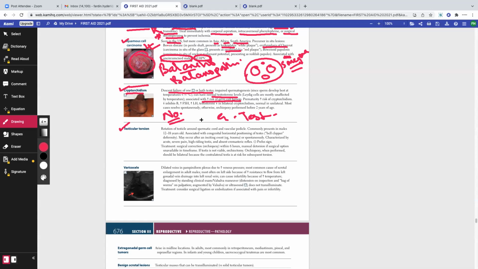Oh, another high yield question. If there's a newborn baby with cryptorchidism, do you do surgical orchidectomy, or do you wait for the testes to come down? Which one? You wait. Very good. How long do you wait? Do you wait for the first year, yes or no, for the testes to come down? The answer is